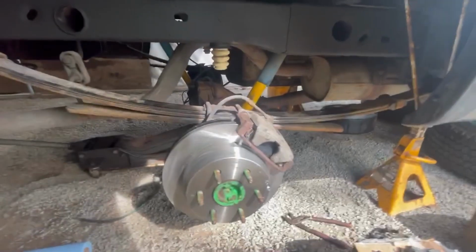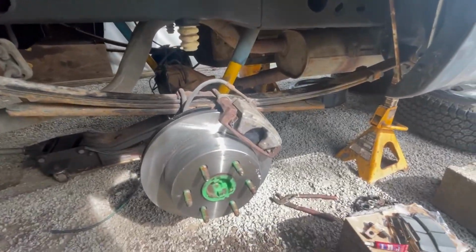Okay, we're back. So just got done putting the caliper back on. Everything else here on, the emergency brake cable down here and the brake line retainer. I need to wipe this screen. This screen's really...